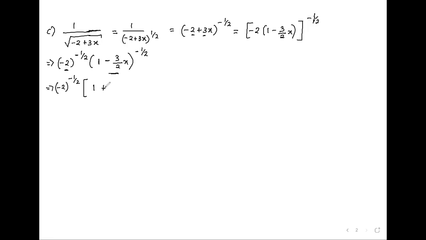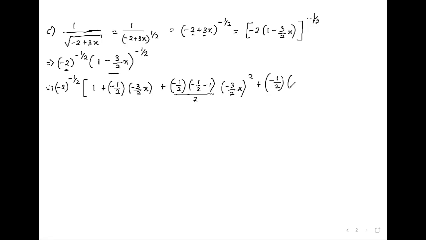We have 1 plus -half multiplied by -3 over 2x, plus -half times -half minus 1 over 2, multiplied by -3 over 2x squared, plus -half times -half minus 1 and -half minus 2 over 3 by 2, and then -3 over 2x to the power 3,